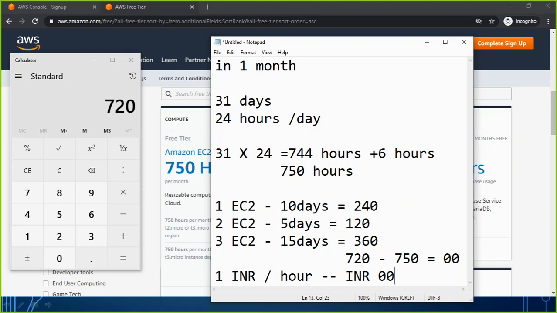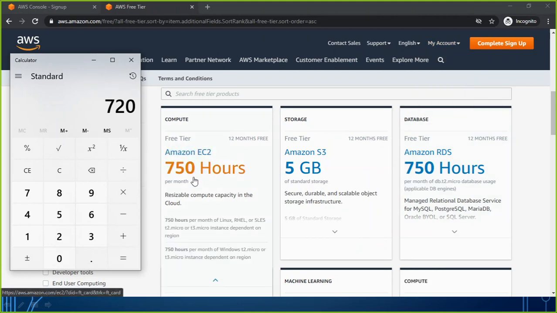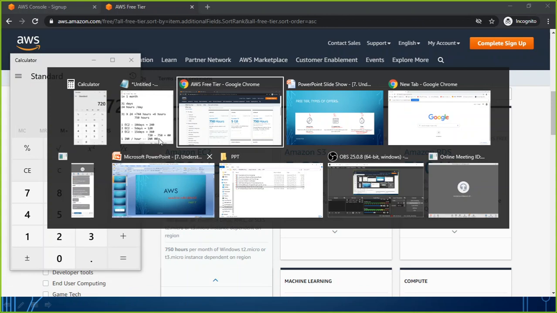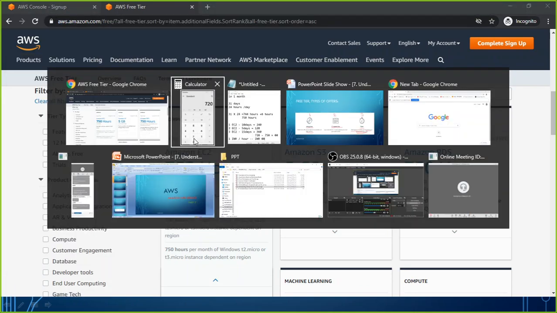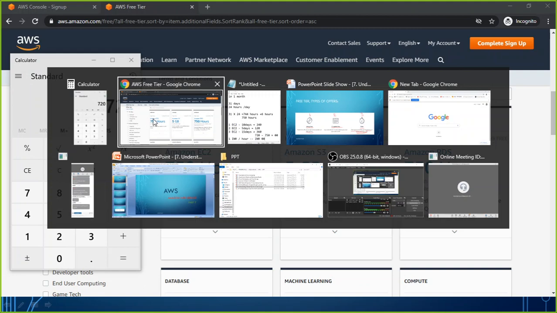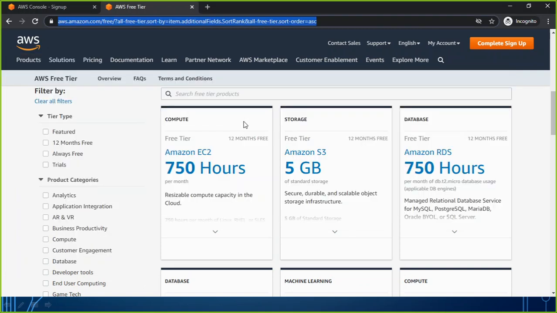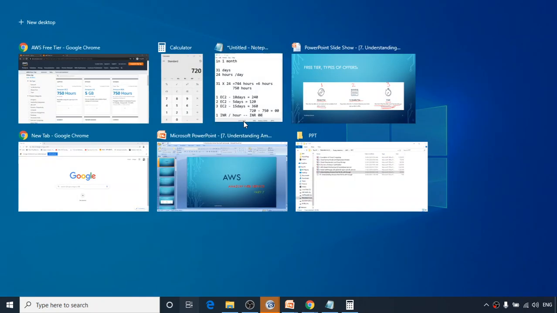So if you are using a free tier account, there is also some limitation in some services. Like this EC2 service has a limitation that per month you can keep running your instance up to 750 hours. Imagine you are a student doing practice, maybe a 2 hour or 3 hour practical every day. So what do you think? How much are you going to be charged? How much charge do you need to pay for that?